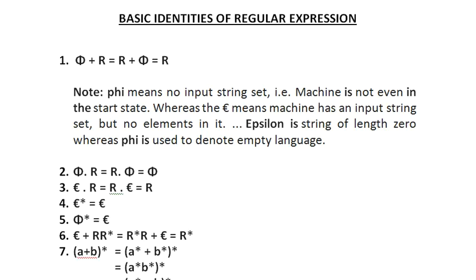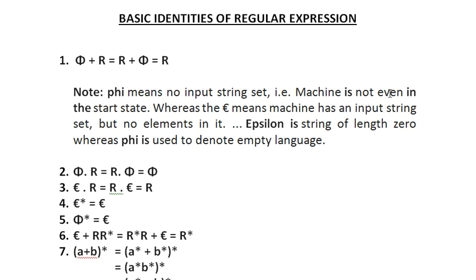In my previous lecture, we understood how to construct a finite automata from a given regular expression, and we have seen a few examples over that. In this lecture, we will be looking into the topic known as basic identities of regular expression. A few identities you need to remember, and these identities will be used while solving certain regular expressions, just like laws.